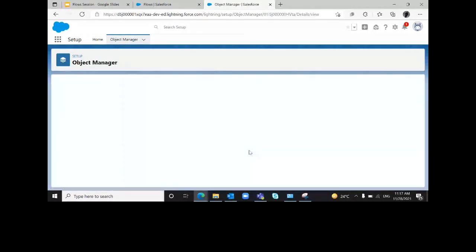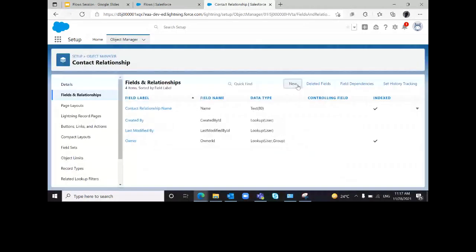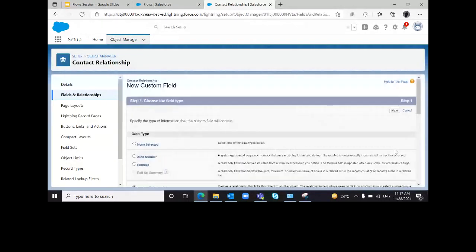In this object, I am creating a lookup relationship with contact.